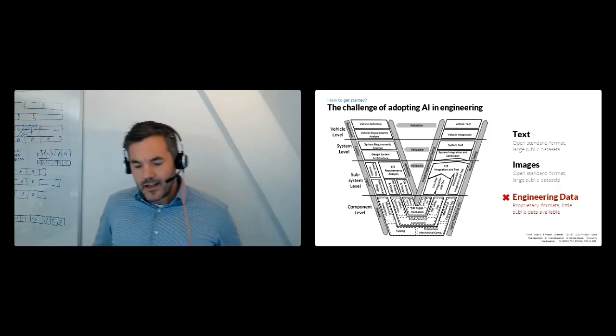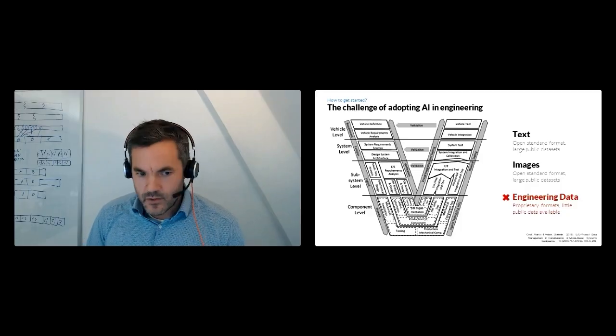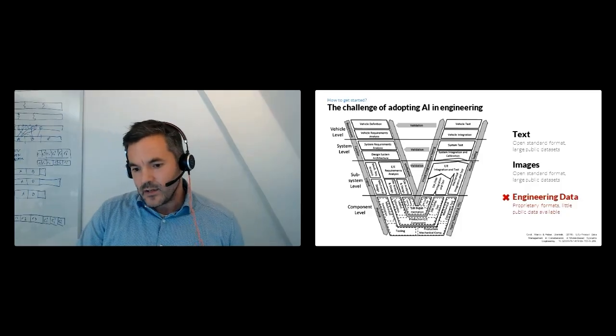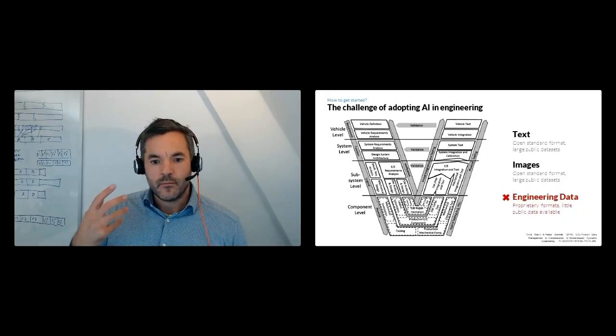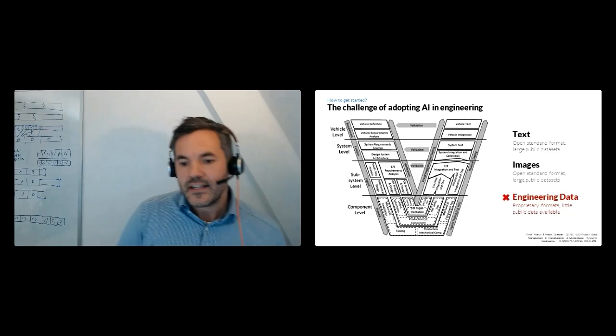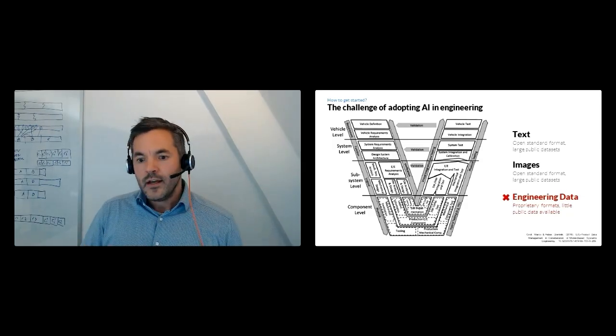So the question is, again, why haven't we seen a big frontier model just do out-of-the-box core engineering work yet? The challenge continues to be that the big AI systems we use for knowledge work today have been trained on large amounts of text and publicly available data, which is typically structured and typically open source. And there's no equivalent data set in engineering. Engineering data is typically proprietary. You don't have access to it.